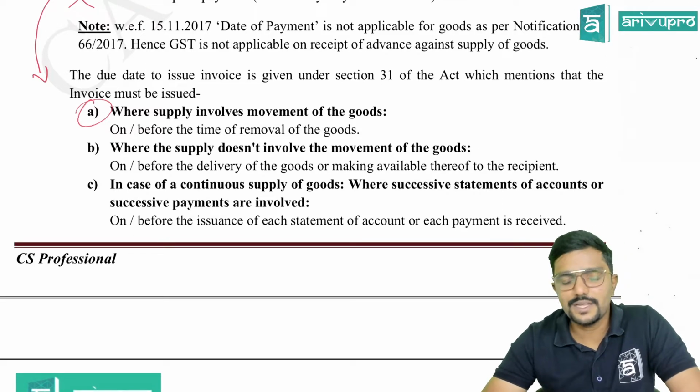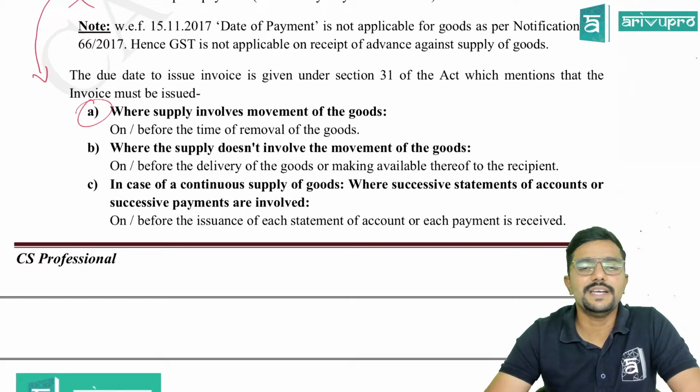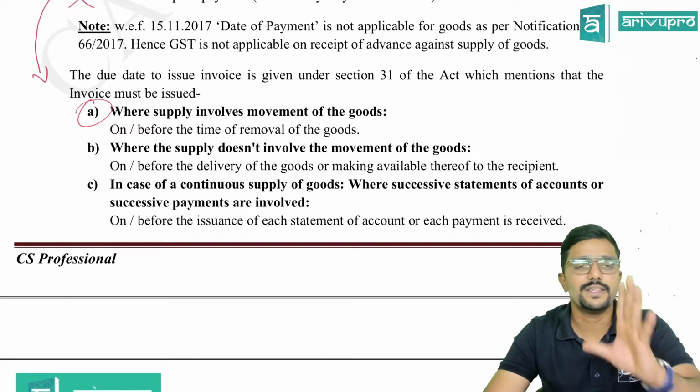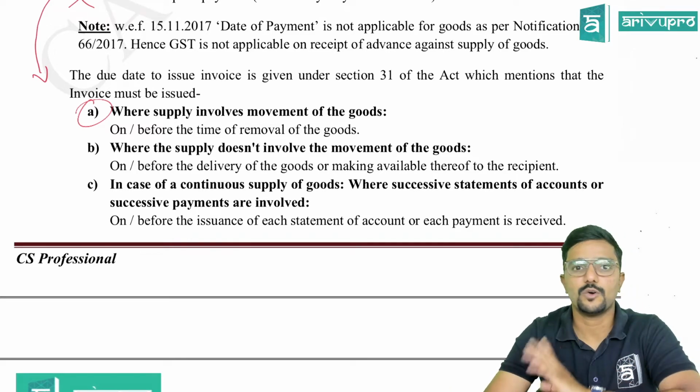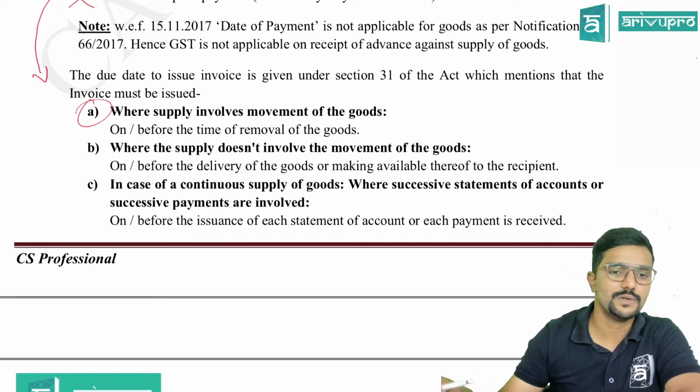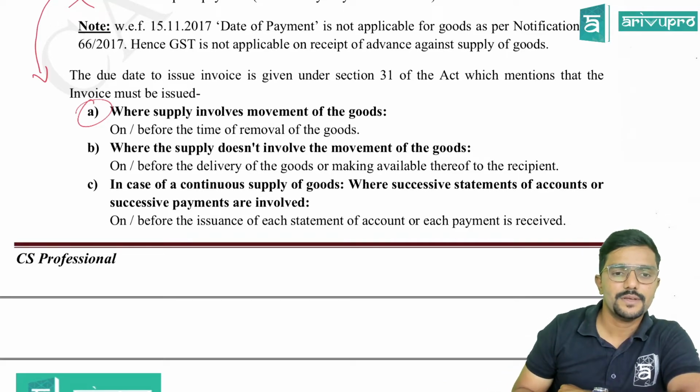Yeah, and you need not worry. In the question, when they have given a clear-cut indication whether there is a movement of goods or not, whether directly or indirectly, they would have given a hint there in the question. Okay, we will solve the problems. You will have an idea. Next,